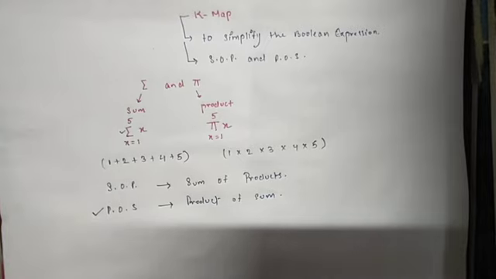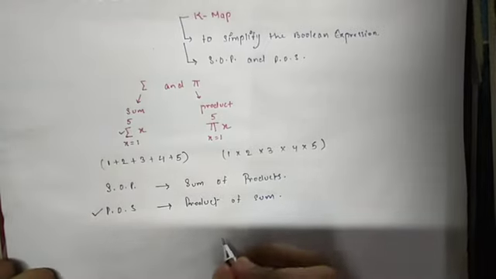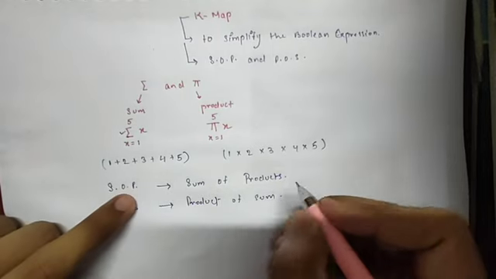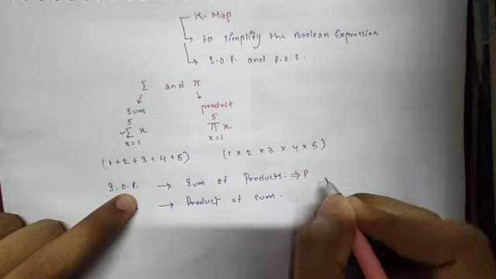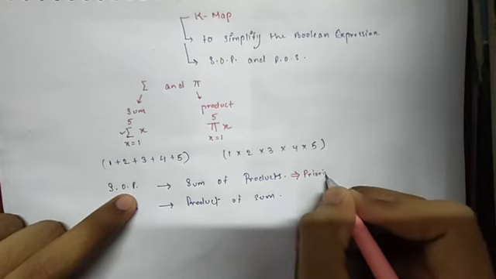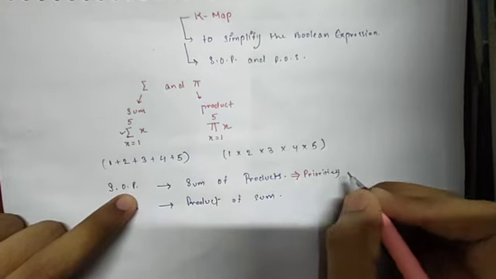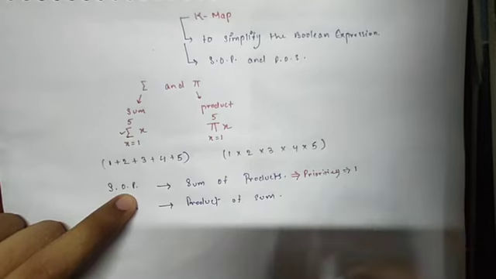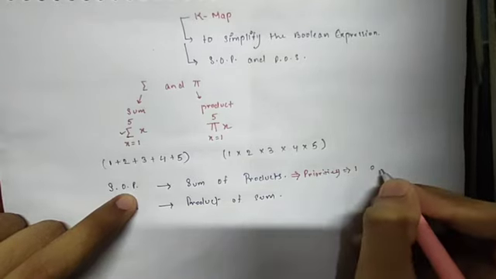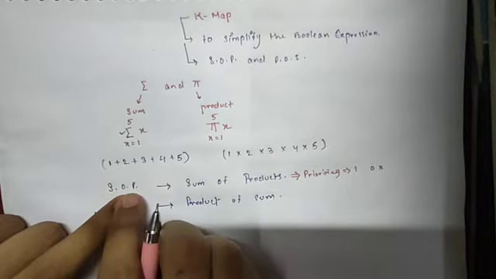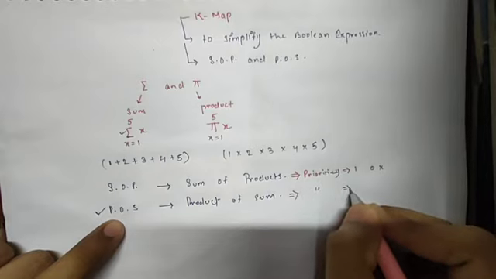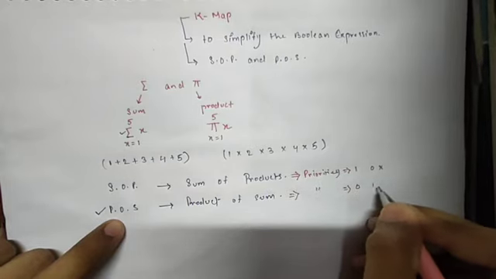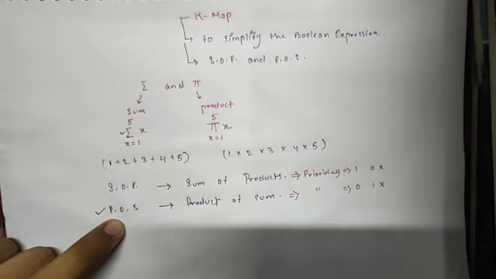First of all, you have to remember a few things. In SOP we give priority, just understand, we give priority to 1 and we do not give priority to 0 in SOP form. But similarly in POS form we give priority to 0 and we do not give priority to 1. So let us understand what priority means here.